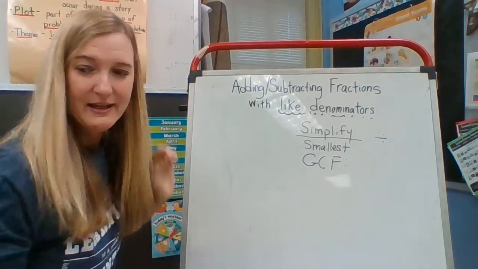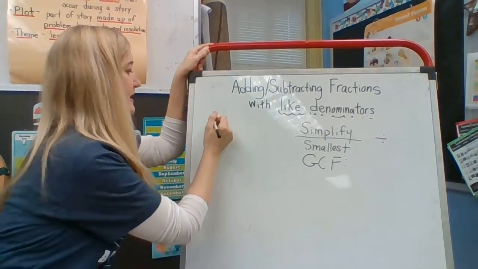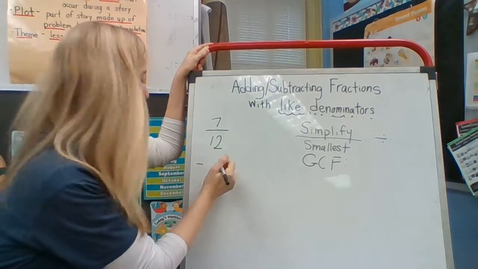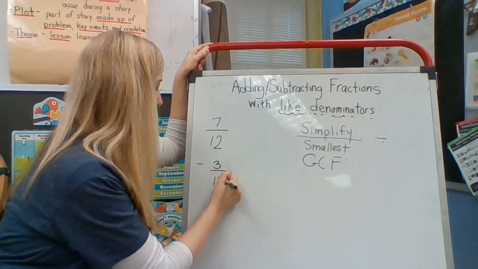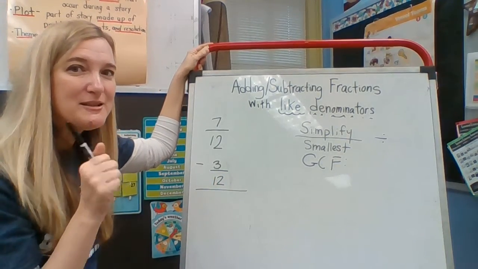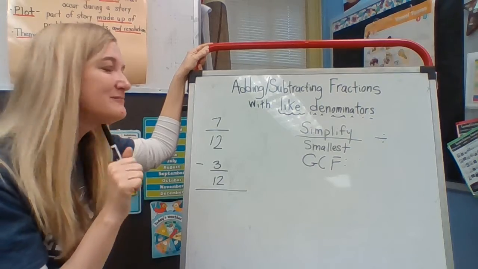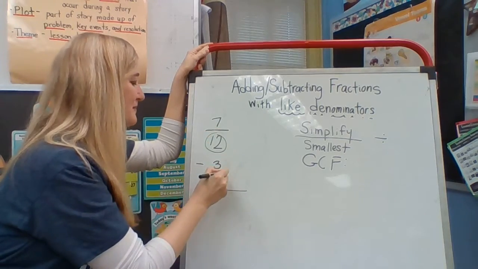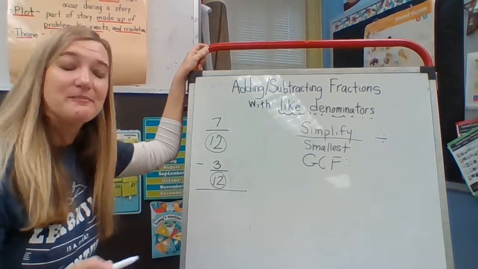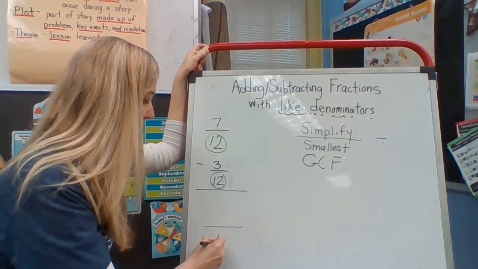Let's go ahead and try a subtraction to find the difference. 7/12 minus 3/12. All right, first thing you need to do, you circle your 12s. All right, ask yourself, are my 12s the same? Well, yes, they are. Well, then I'm going to drop that right down on the bottom here, and I'm using it